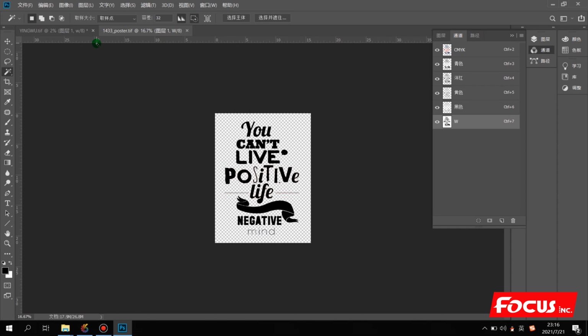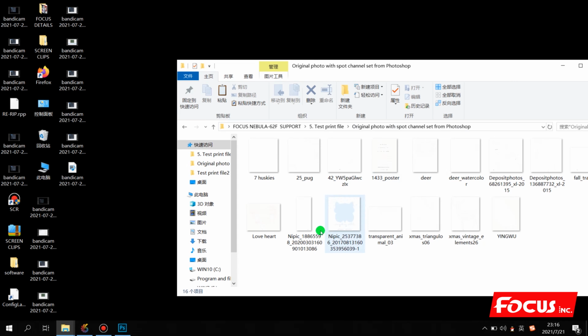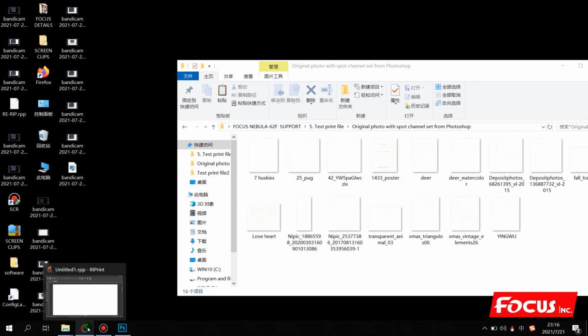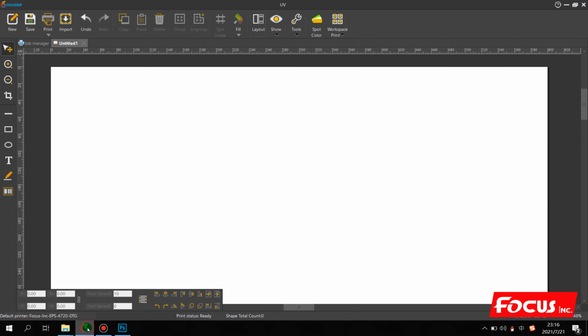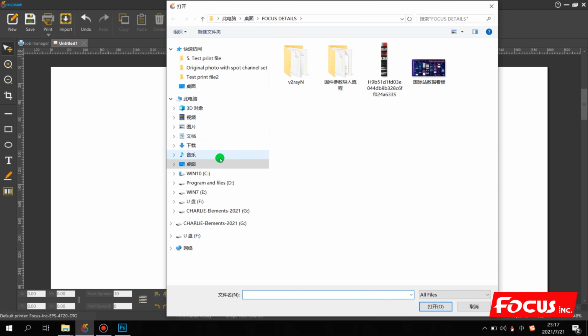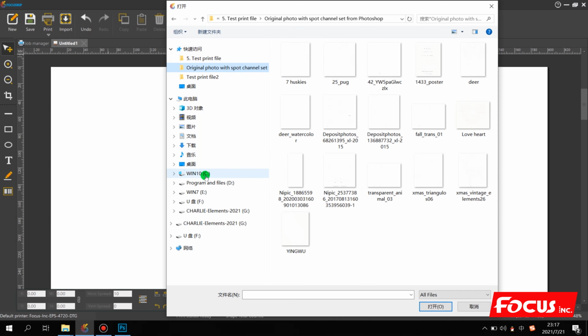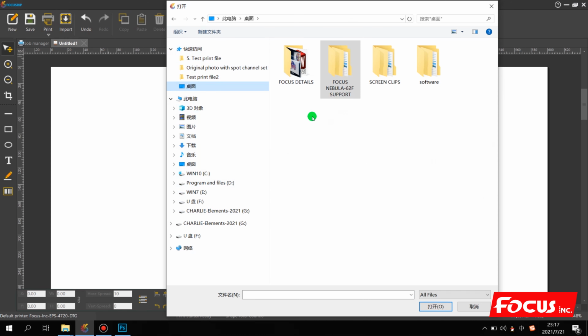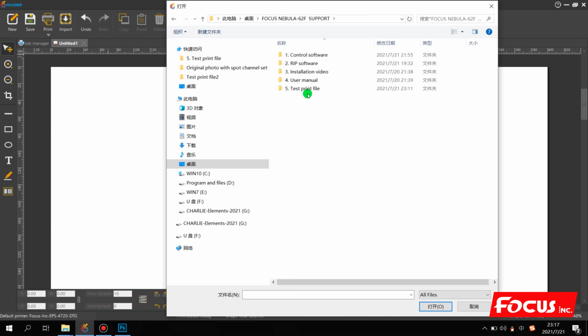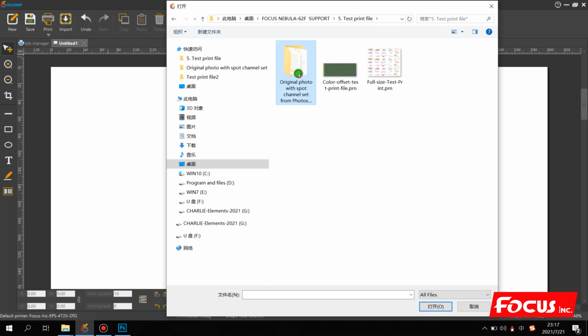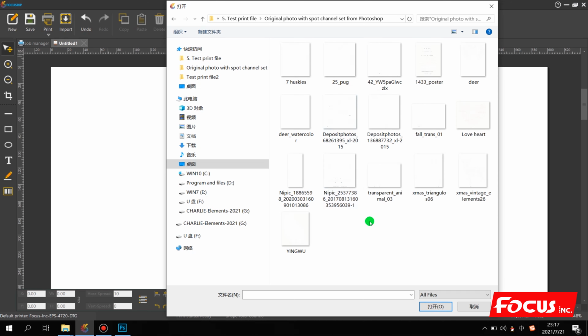So after we set that, we go to open the RIP software. Also don't forget we inserted the dongle key already. Here on the top there isn't any demonstration mark. Then we go to import. We choose the file we want to print after we set. Also we can go to find the USB flash, and here there are some pictures already processed from Photoshop. We choose,